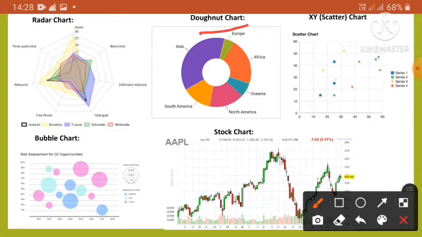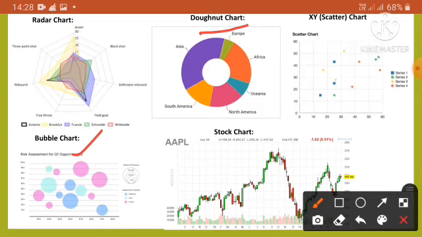Next one is the bubble chart. A bubble chart is similar to a scatter chart or XY chart, with the only difference being that it displays bubbles instead of data points. So we can use a bubble chart in place of an XY chart if our data has three data series which contain a set of values.